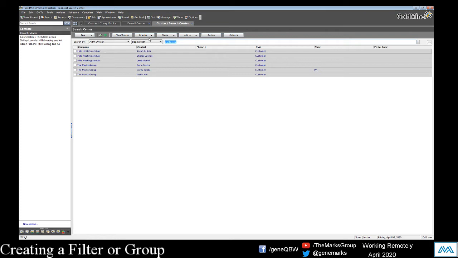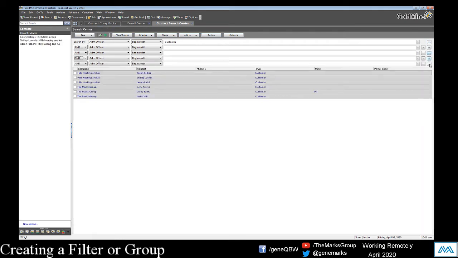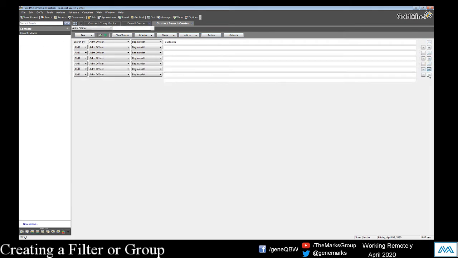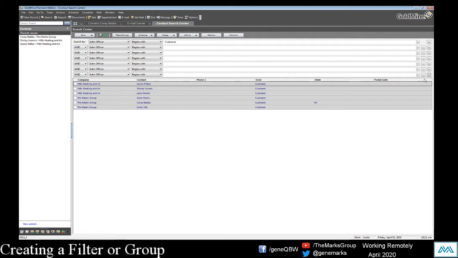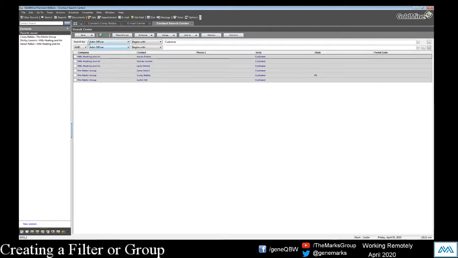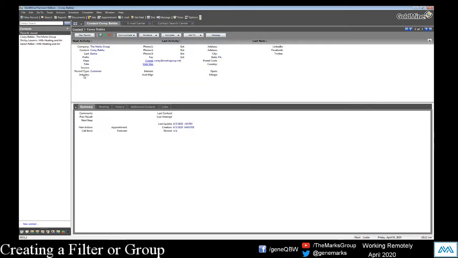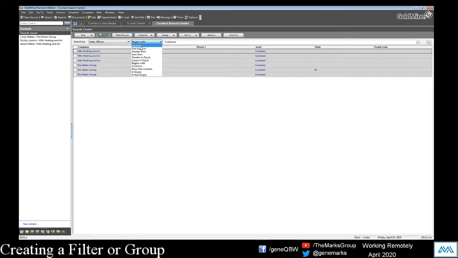And the way we do this in the Search Center is we hit the plus button over here, and you'll see that that's going to actually add levels to our search. And I'm not sure if there is a limit. Pretty much the sky's the limit. So we want to add a level to our search. So we want to say the, oops, that's the wrong field. Our record type should equal customer, and